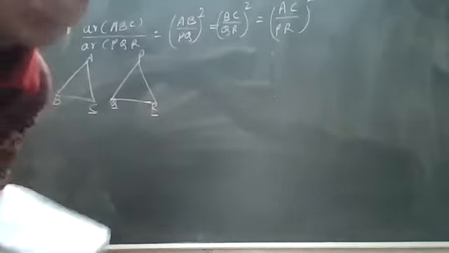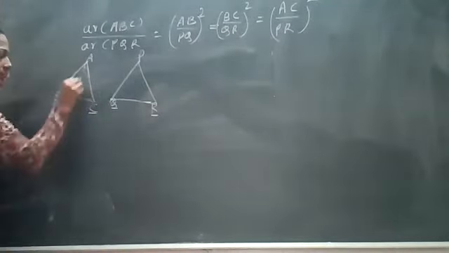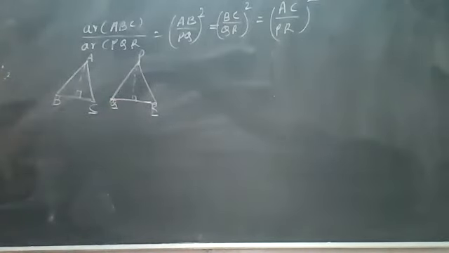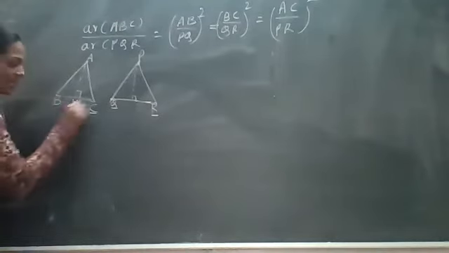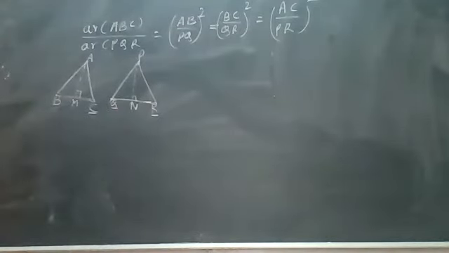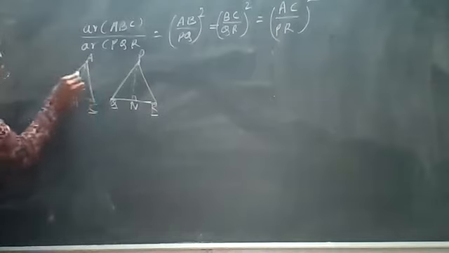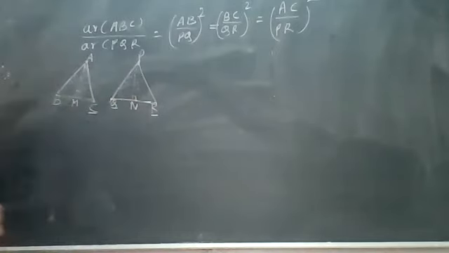So now in this triangle we are taking a perpendicular line. Here also we are taking a perpendicular line and giving the names M and N. This is M and here N. Now it becomes a right angle triangle, right? If we consider this triangle, this will also become a right angle triangle. So what is the area of a right angle triangle? Half into base into height. So that we are going to use.